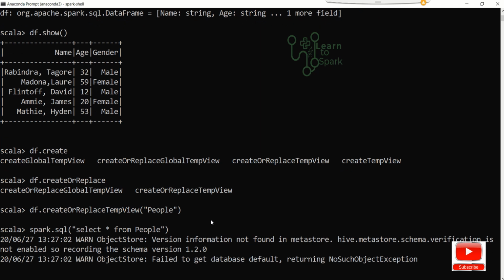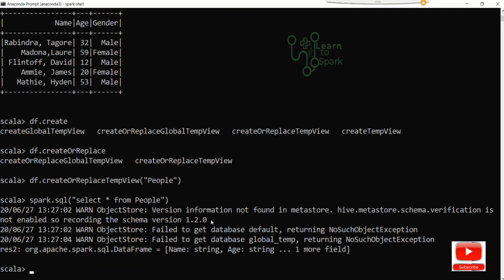It is running, so it got created. Even though it is a SQL query, it will return the output as a data frame. So for us to see the data frame, I am just using .show.